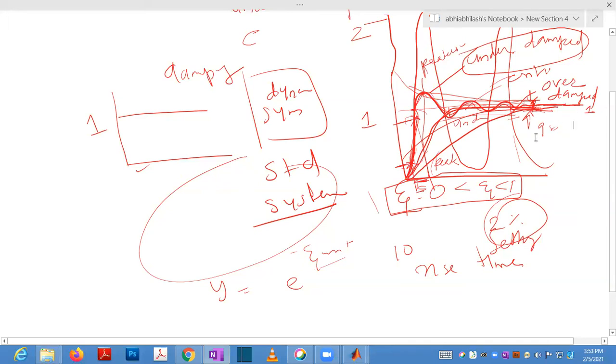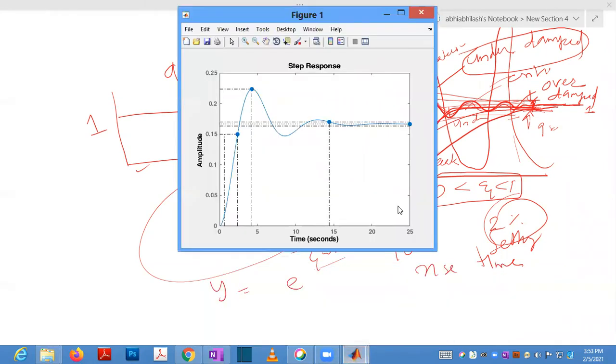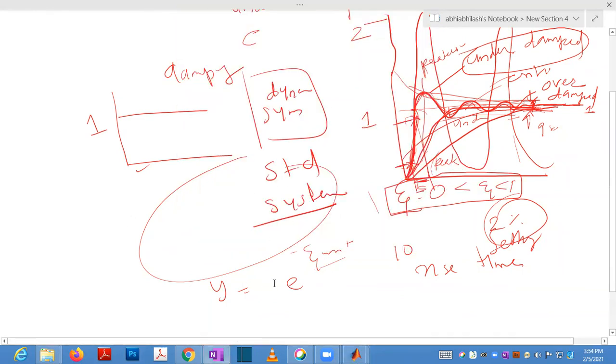If your system is not standard, it will settle at some other point. That is called steady state value; for a standard system it will be 1. So this is the response of an underdamped system.